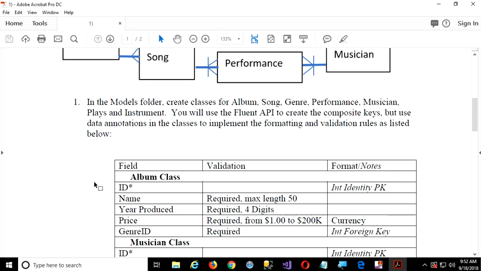And basically what I say is do as much as you can with annotations, but as we've seen, there's a few things you just can't. But the annotations make it easier. When you look at the model, the class file, you can understand things. They're kind of self-documenting if you understand what the conventions are. So I try to do as much as I can just with the annotations and following the naming conventions for foreign keys and things like that. And then in the Fluent API, do just what can't be done with the annotations themselves.